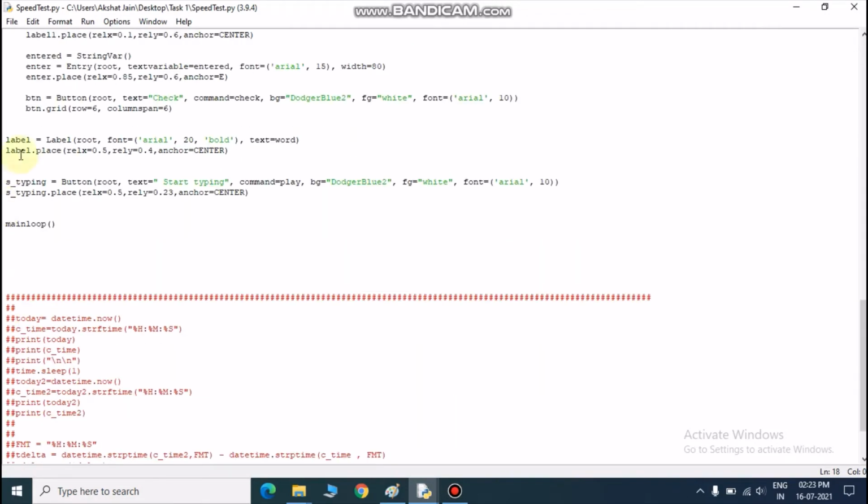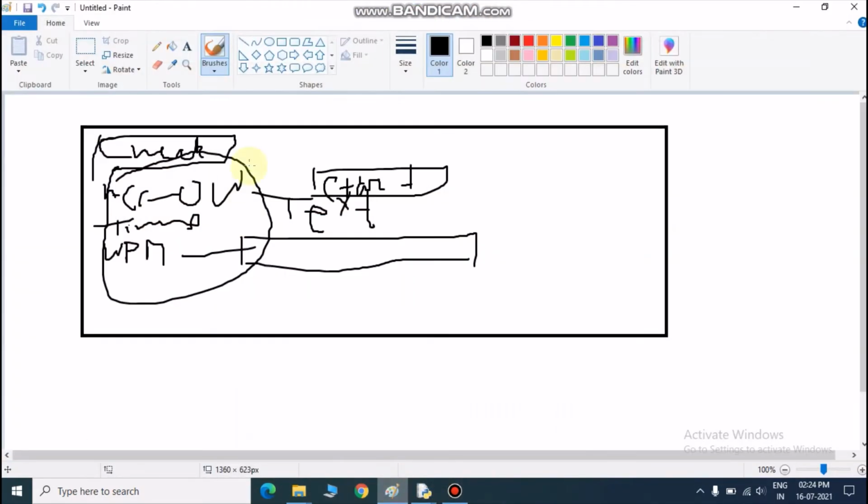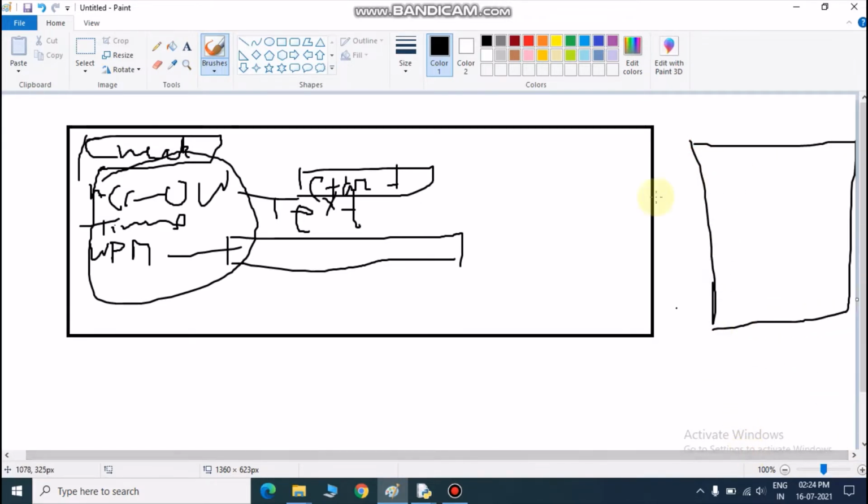So here we have initialized a label and we have placed it at a location, rel x and rel y. So let me show you what basically rel x and rel y are. Okay, so suppose this is a box, then this axis is the y axis and this axis is the x axis.